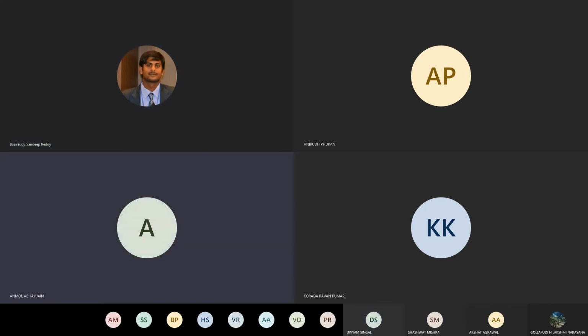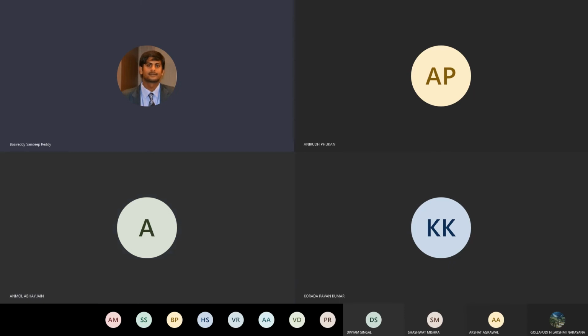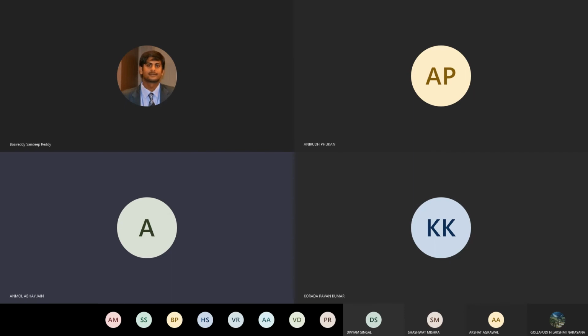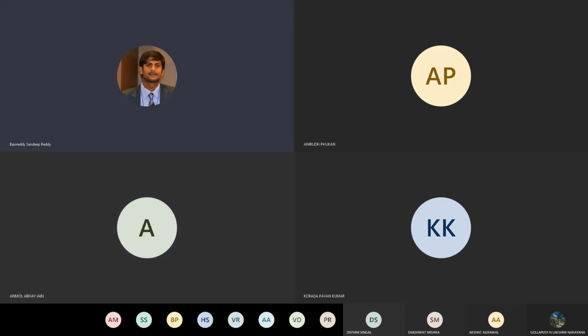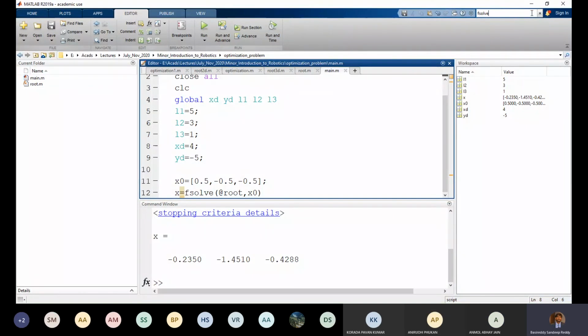So can this fsolve also be used to solve non-convex functions? Because I think only convex functions can be solved through this fsolve. Come again? So what kind of functions can fsolve solve? Because I think what they are doing here, if you read the documentation, is something similar to gradient descent. It can solve any system of nonlinear equations. Any system, sir, even if it's non-convex in nature? Yes. I'll just show you what kind of examples they've taken. If you see, go to fsolve here.